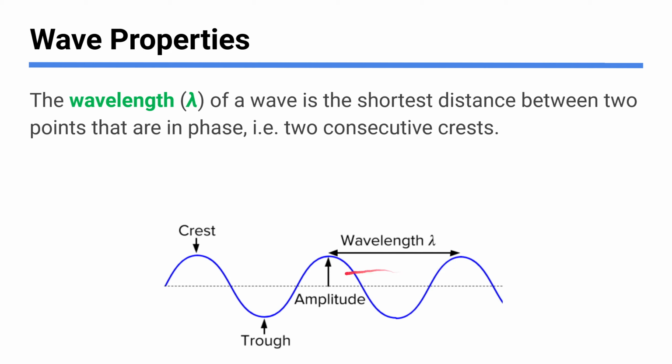So 2 peaks are a good example of this that are easy to find and measure the distance between them. But I could pick this point over here on the left side of this bump and the same point over here on the same left side of this bump. And the distance between those 2 points would be a wavelength. Or the distance between this 0 and this 0 would be a wavelength. Or between the trough and the trough would be a wavelength. Okay, so it's the length of the wave, truly, in meters, side to side.